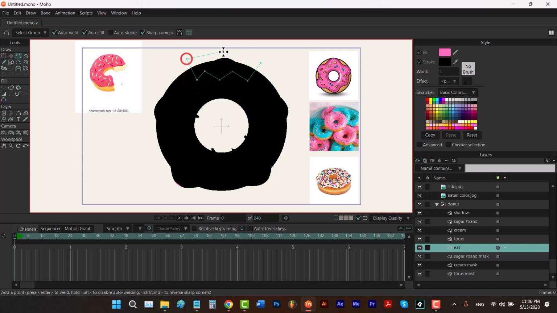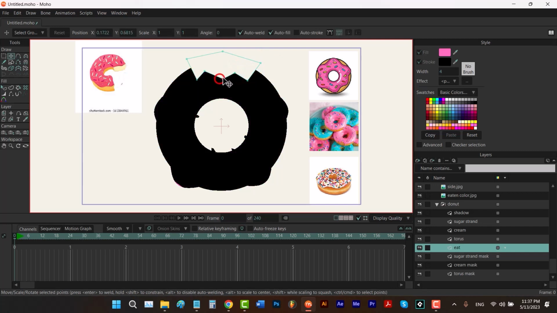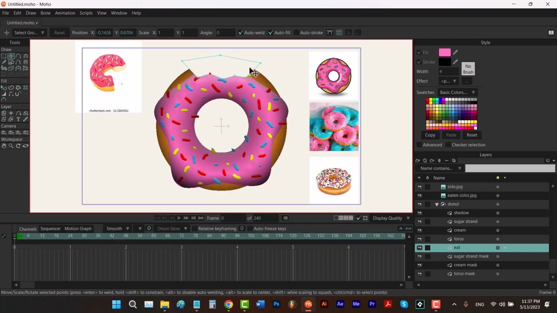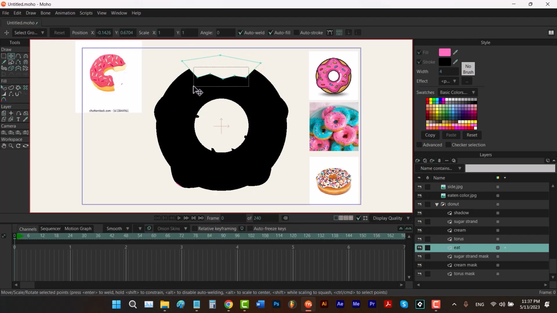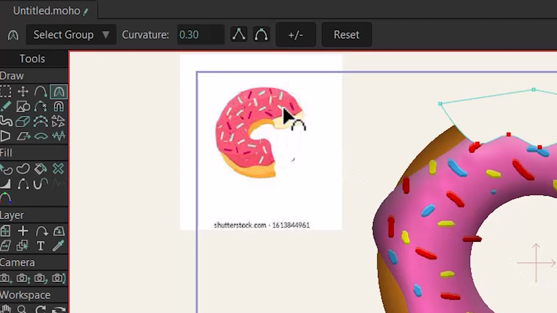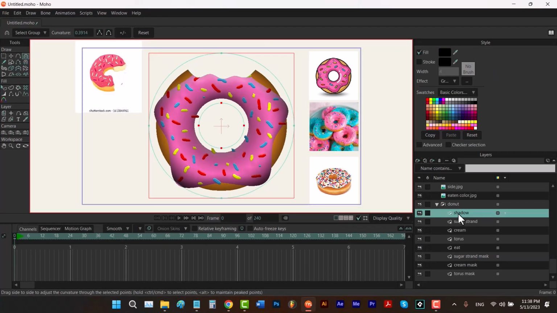something like this. It's time to hit the T key, hold down the control and click on somewhere. I'm gonna adjust these points. Then I'm gonna hold down the control and select these points, hit the C key and select the smooth. Now we can draw inside of it, this part. So I'm gonna click on here because I want my new layer to be at the top of this layer,